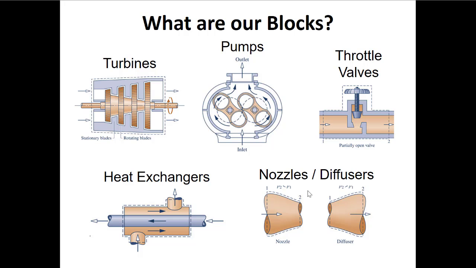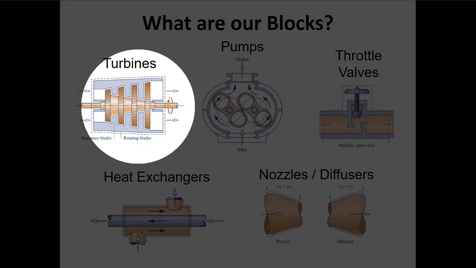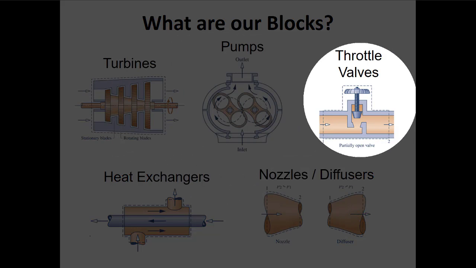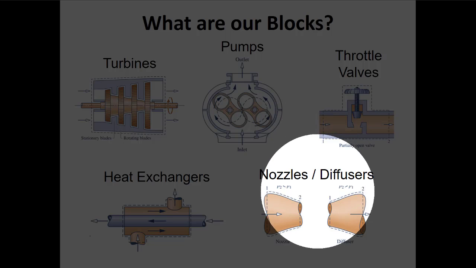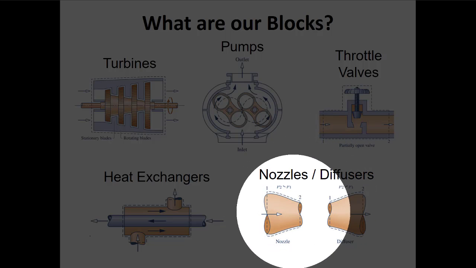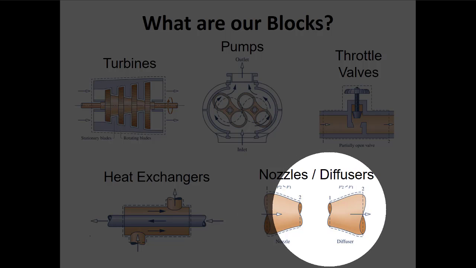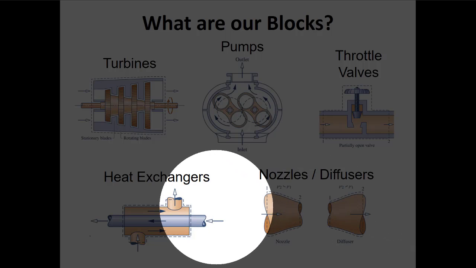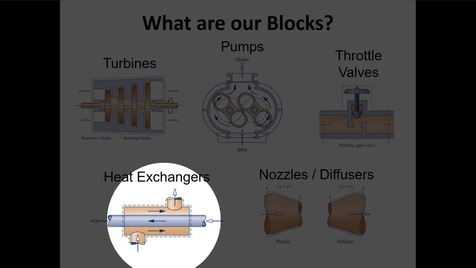So our building blocks, unfortunately, in this class are not pieces of Lego, right? Which would be super fun to do, but instead, we have these mechanical components. So things like turbines and pumps, throttling valves, we'll use nozzles and diffusers, right? So that's here you either get a reduction in area, which increases the speed of your flow, or you get an increase in area, which slows your flow down. And then we have heat exchangers,